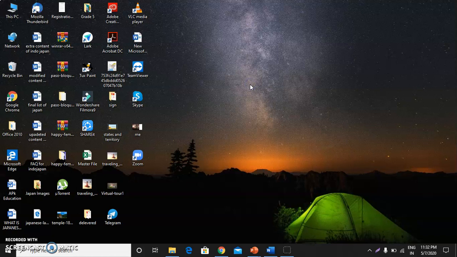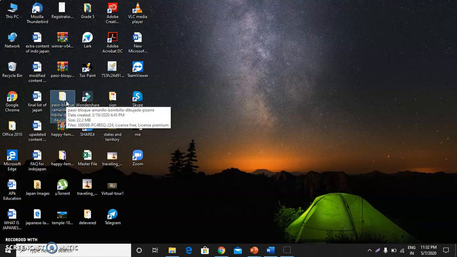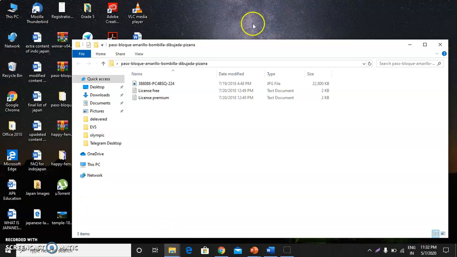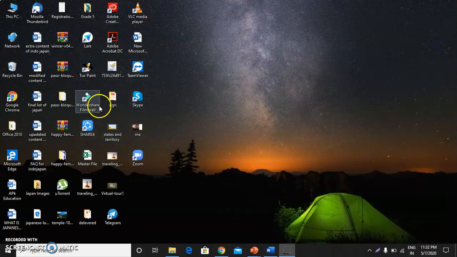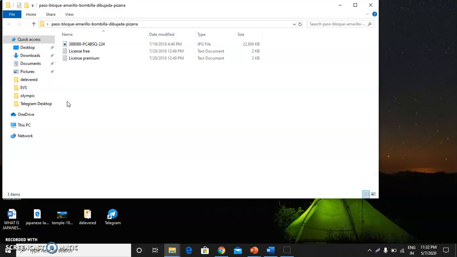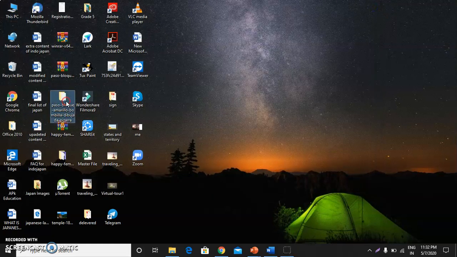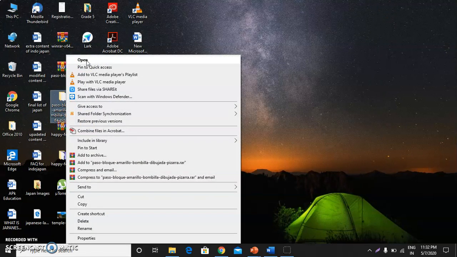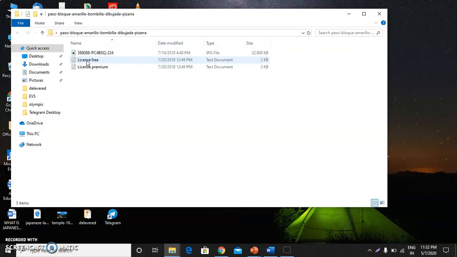Now the next topic we will learn is opening a program. How can we open a program? Simply click the icon which you want to open and press the enter key. Now you can see the file will open. Or we can double click on it, then the file will open. And there is one more way: we right click over it and there is an option at the top, Open. So again the file will open. So I have taught you 3 ways.